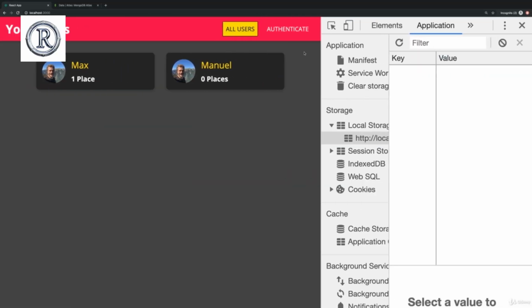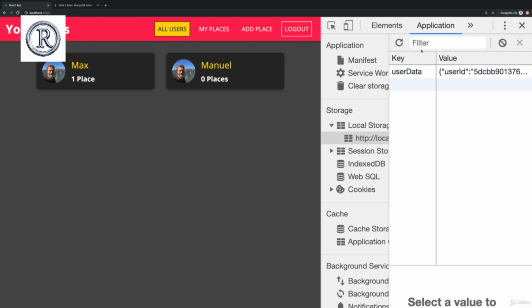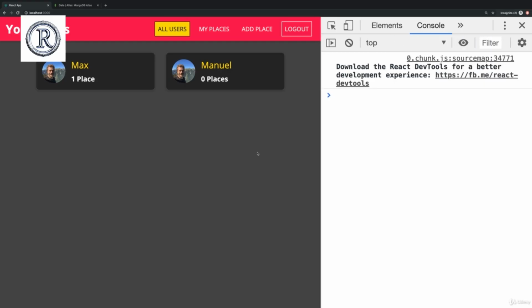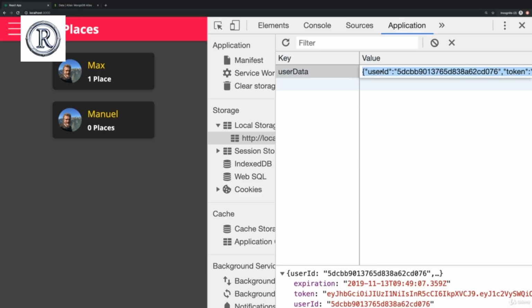Now let's see this. If I authenticate and I log in, I am logged in, of course. Now, if I reload here, I stay logged in. Now, if I go to the application area of my DevTools here, I can edit this data a bit and go to the end and now change that time here to actually 1 hour earlier, and then let's say 50